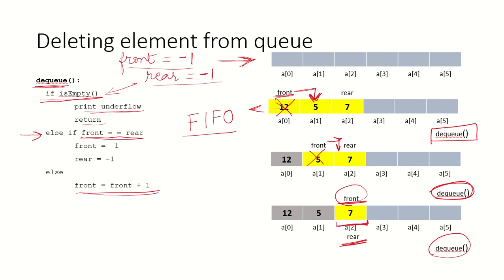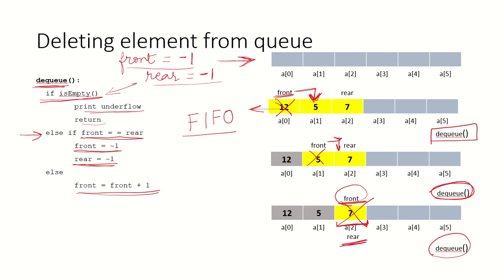And how are we going to specify that the queue is empty? We are going to assign a value of -1 to the front and a value of -1 to the rear also. So now this 7 would also not be part of the queue, and the queue would become empty.